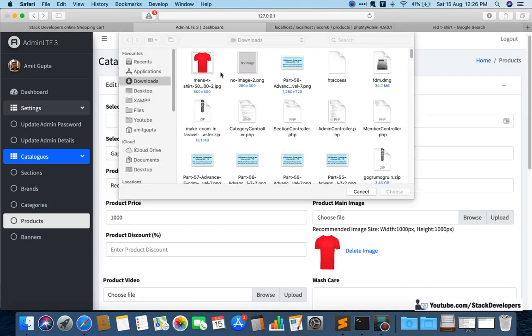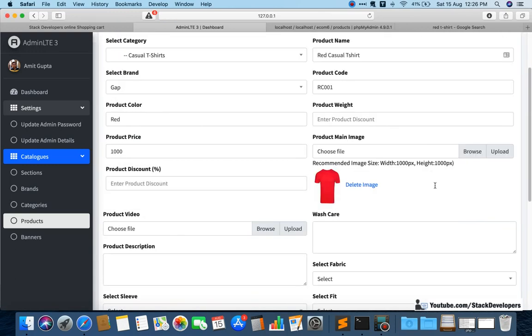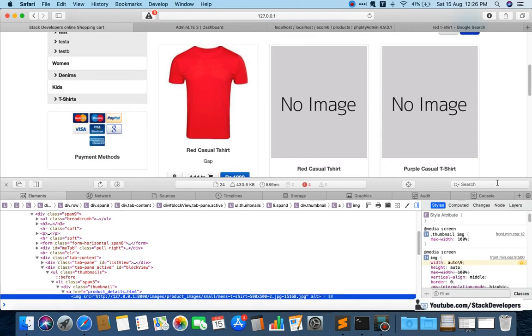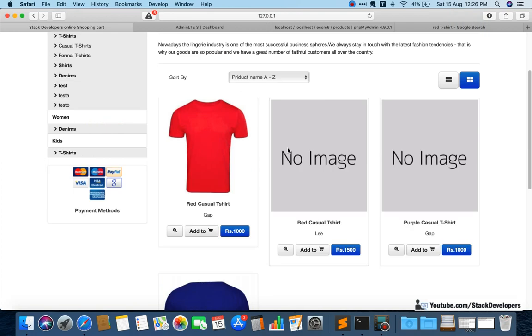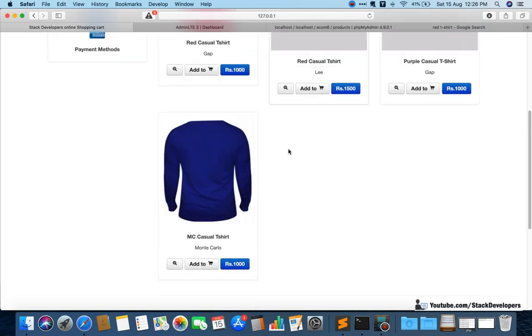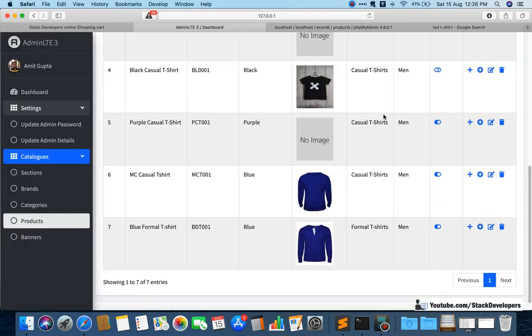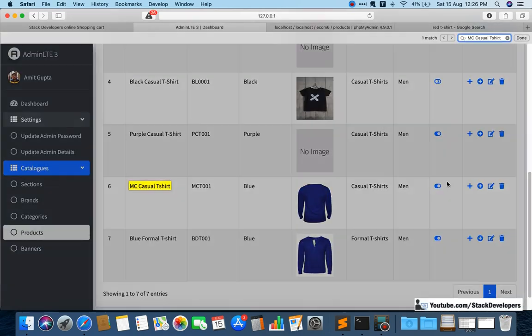Now again what I'm going to do is update this image once again, and let's see. I'm going to add this image once again, 500 into 500, then submit, and then I am going to see here, and now the image is correct. Okay, you can see the image looks fine. So it depends upon you what size of images you have, and then you can update those at your end. So it purely depends upon you.